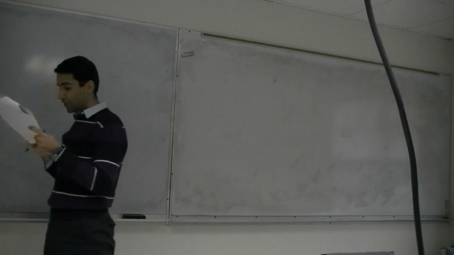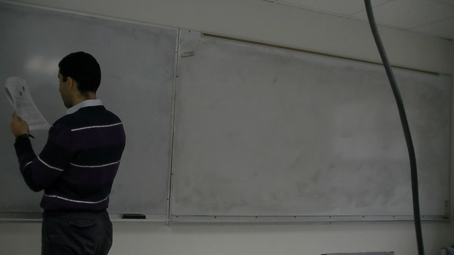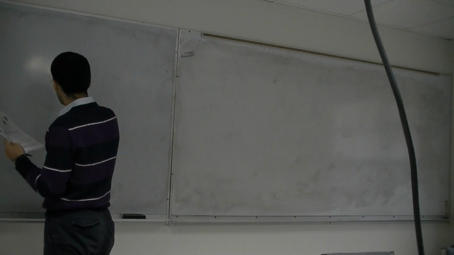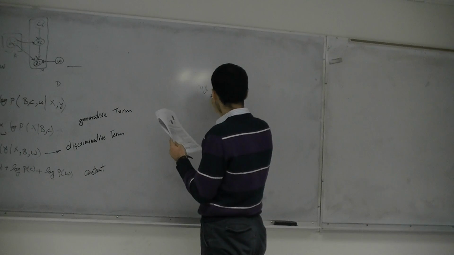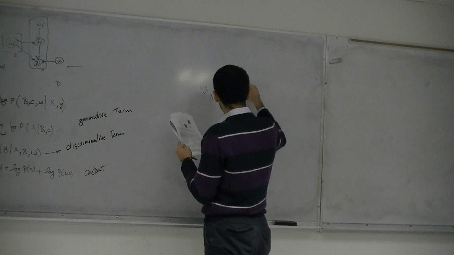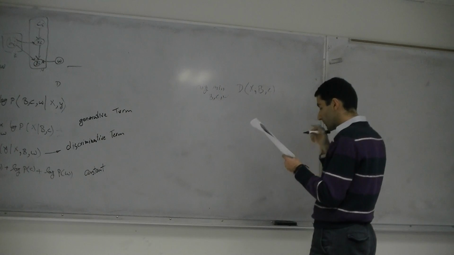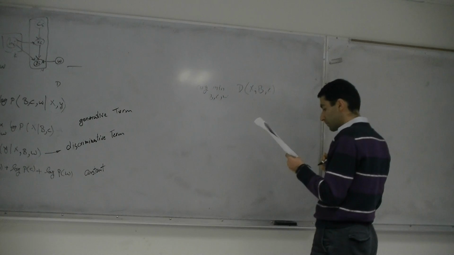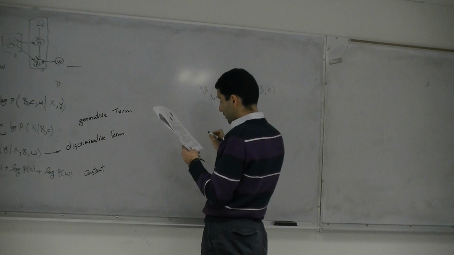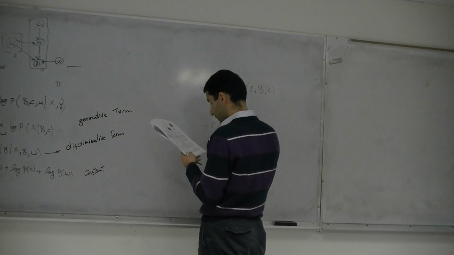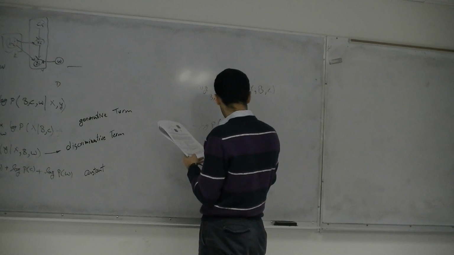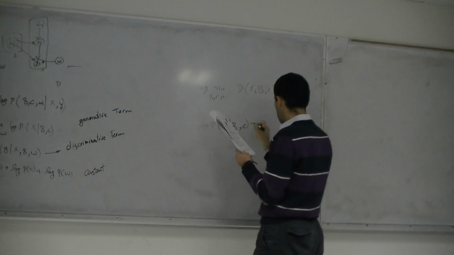For the generative term, I said instead of using the maximum here, we can use the minimum on the minus term, and it will be equal to the argmin of B, C, W, and we call it D(X, BC), and the minus log probability of X given B and C, it's equal to